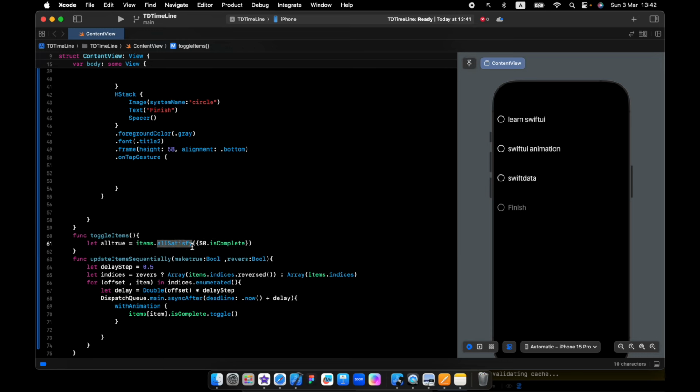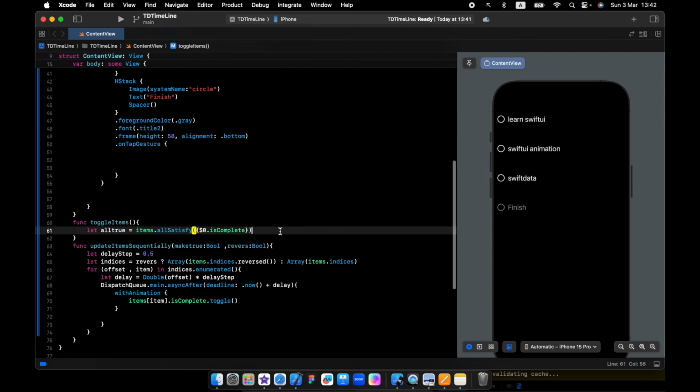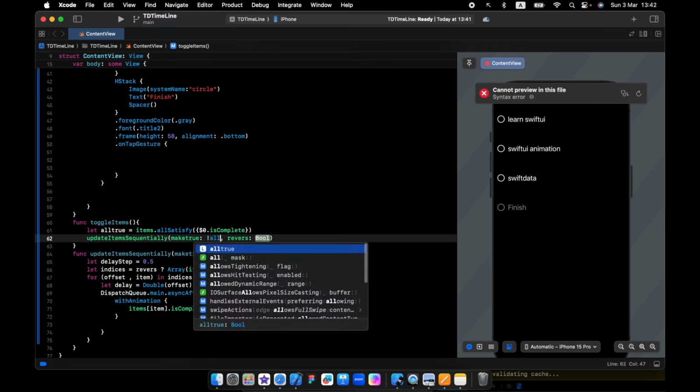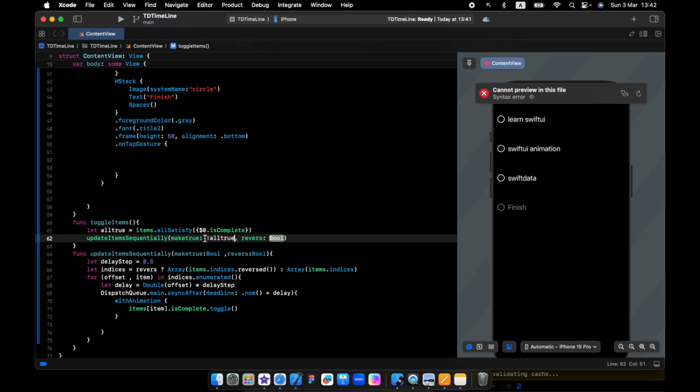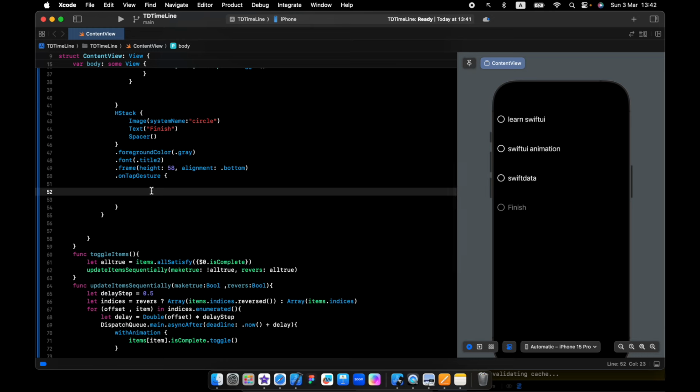Simply by this function, we can make all the items inside the array true or false. If it's false, all will become true. We'll start from here, 1, 2, 3, and if it's true, we'll start from here, 3, 2, 1. So when you add the function here,